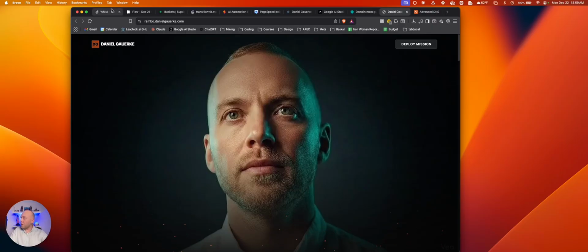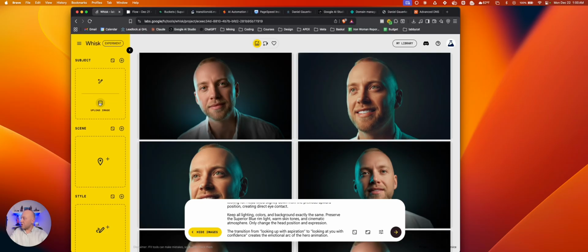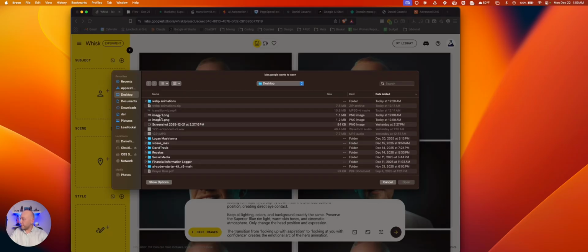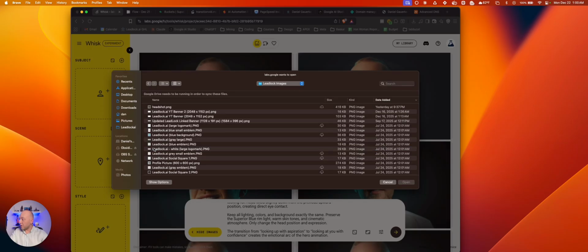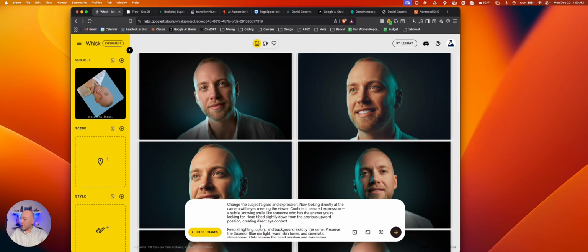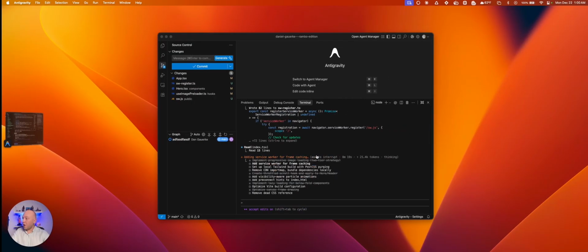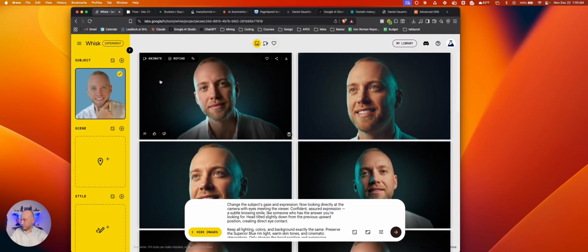So the first thing you want to do is go into this place called Whisk. And in Whisk, you can just add some cheesy photo. I'll show you. It doesn't have to be a good photo, guys, like at all. I use this one. You put that in here, and then, like I said, all the prompts are going to be